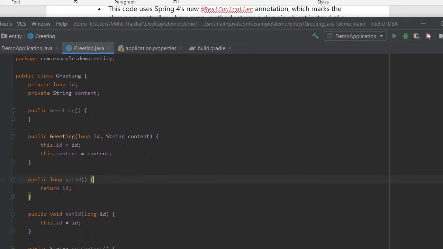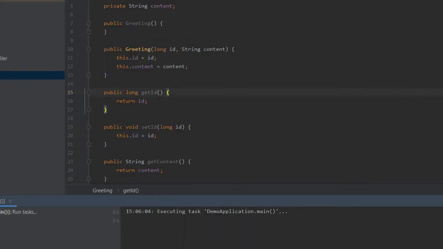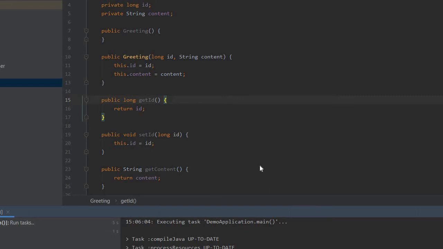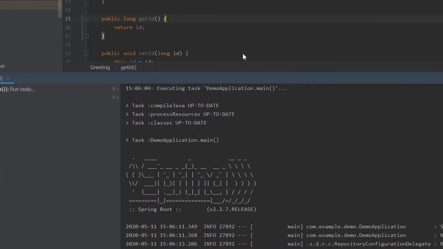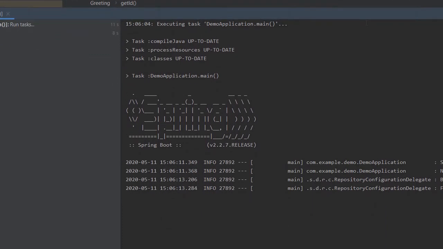I will run this project in my IntelliJ, or you can choose any IDE to run it. This is my application getting run.